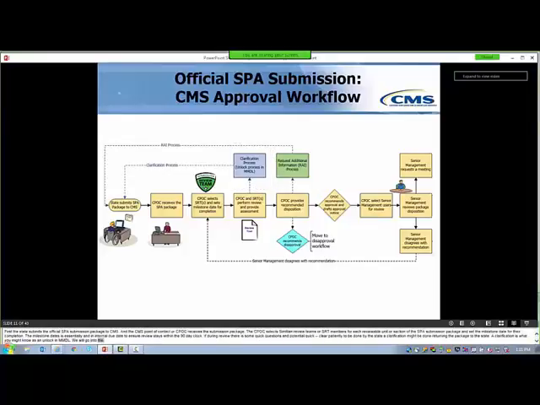Once the review of the submission is complete, the CPOC provides a recommended disposition within MacPro. The CPOC may recommend a request for additional information, or RAI, based on the review of the package. This will return the package to the state with specific questions and stop the 90-day clock. We will go into this process in detail in a few slides. The CPOC may also recommend disapproval, and this alters the workflow. We will review the disapproval workflow as well.